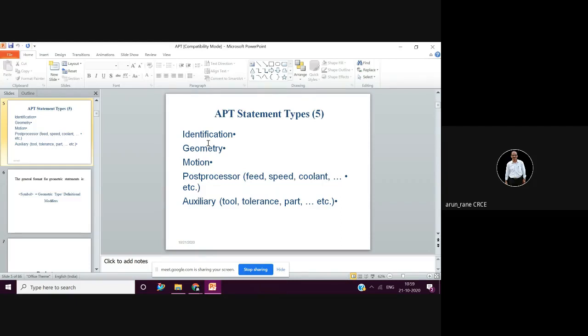So 10 marks, so lucky. Or if they ask to describe any five geometry statements, you are still more lucky because geometry statements are the easiest statements.